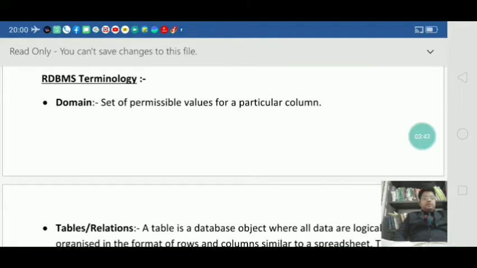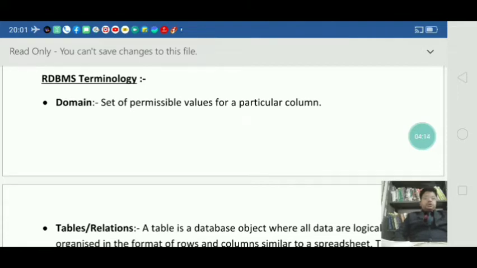For that you have to take character. We will discuss data types in another video lecture. So the permissible values for a particular column are called the domain.